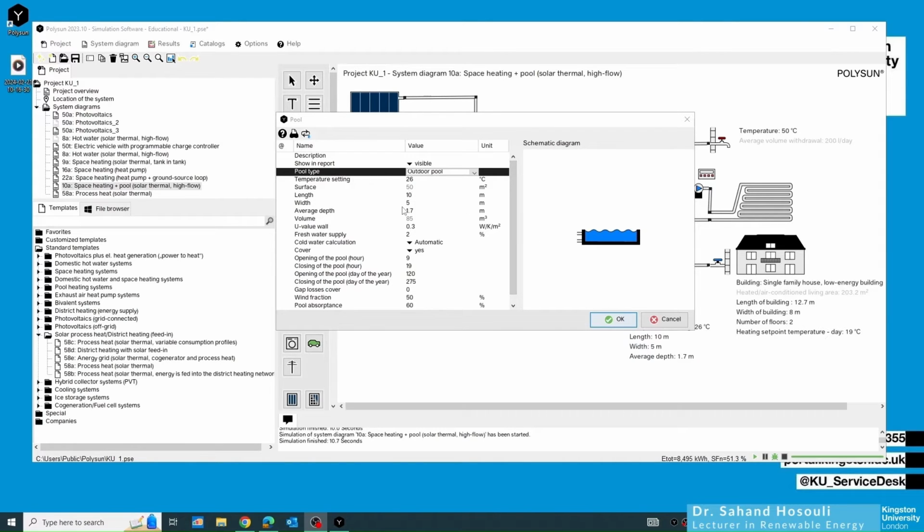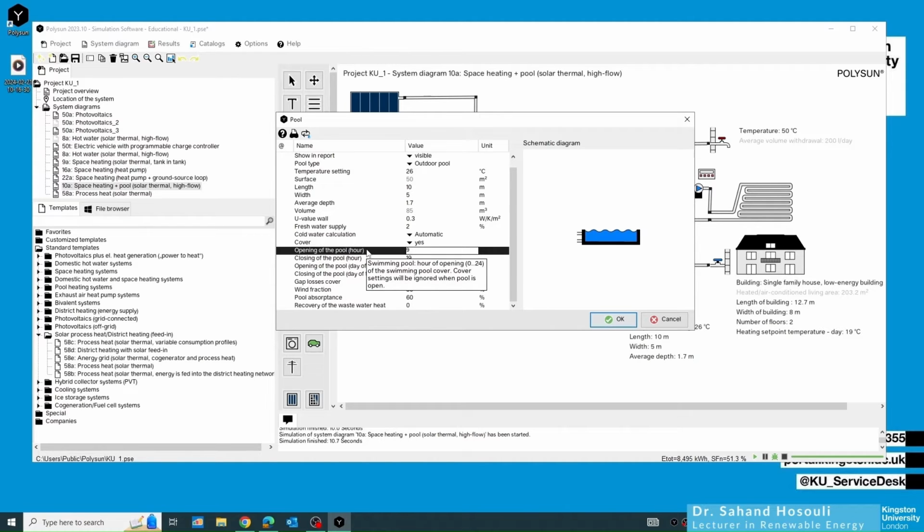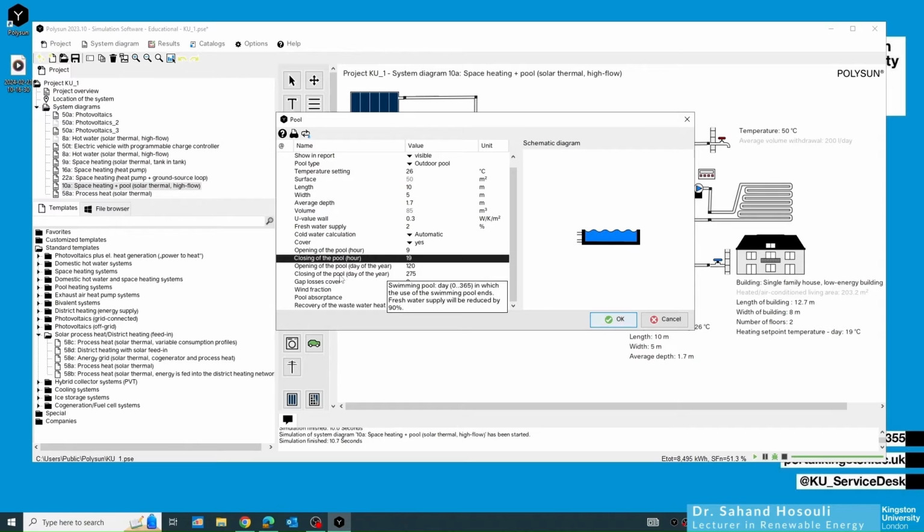So for example, here in the pool, I can look at the cover side. If it's an outdoor pool, it could have a cover, which means yes. What it means in general is, for example, here I have the opening of the pool and also the closing of the pool, which means that the pool opens at 9 o'clock in the morning and closes at 7 p.m. And then I have the opening day of the year, so 120. So January, February, March, April, so it's going to open by the end of April, and then it's going to run from day 120 until day